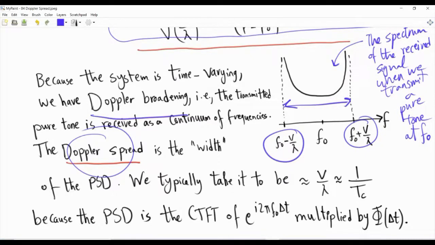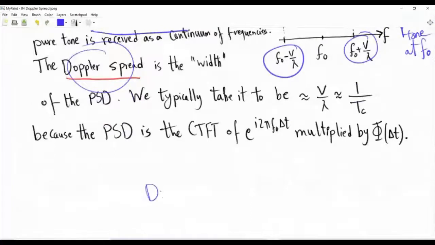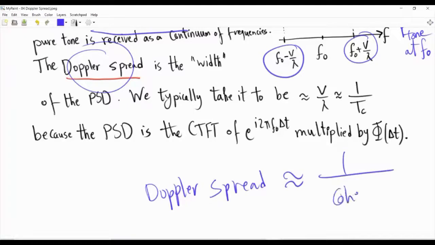Some people, for some reason, rather than talking in terms of the coherence time of the channel, will tell you, oh, this channel has a high Doppler spread. High Doppler spread means a small coherence time. Is this result surprising? No. The Doppler spread being the reciprocal of the coherence time,